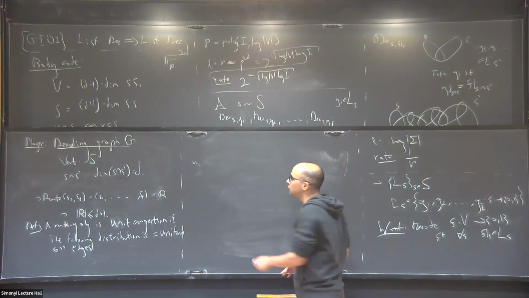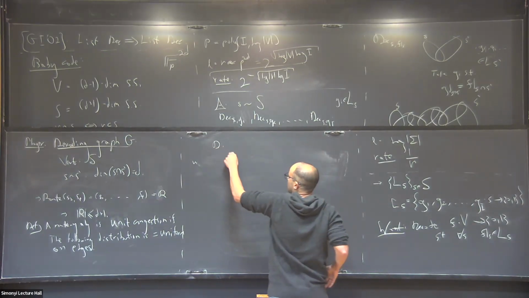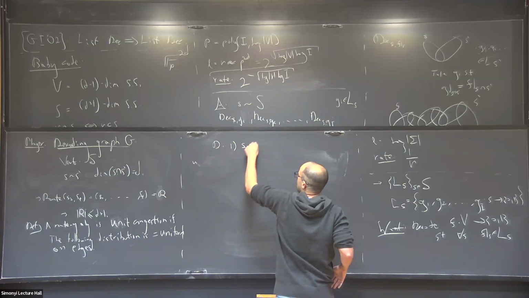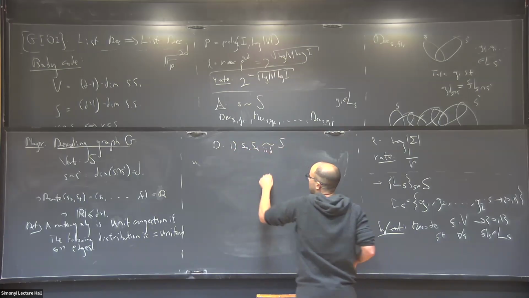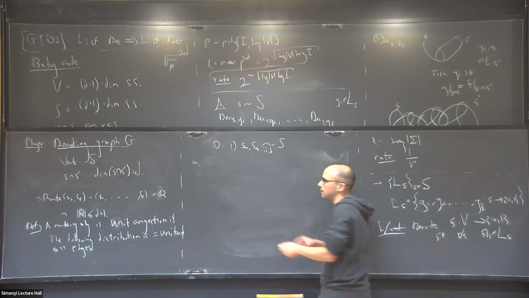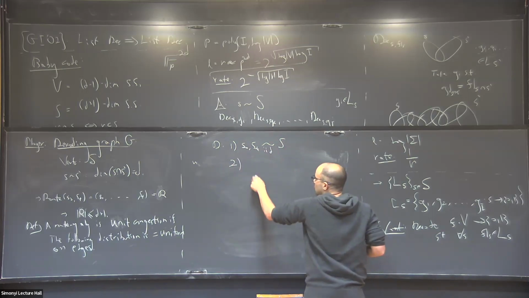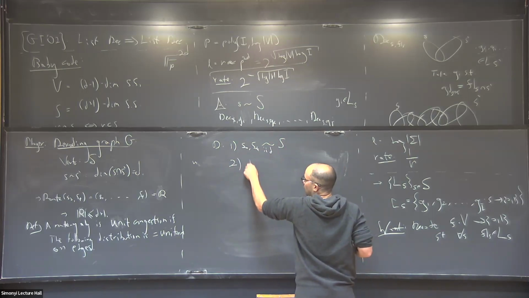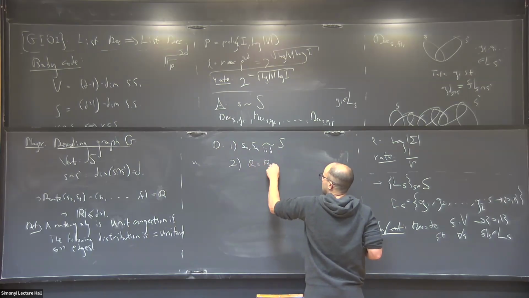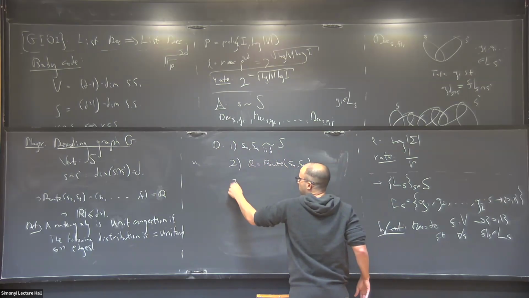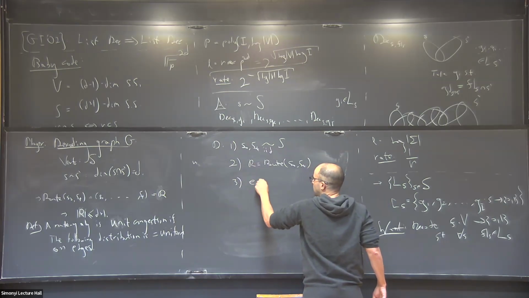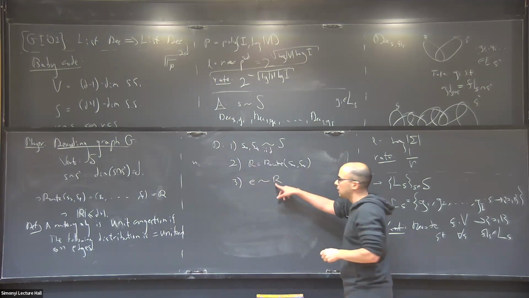And what is the distribution? Let's call it D. First of all, we sample 2 endpoints independently and uniformly at random from my graph. In this case, it's like the decoding graph. 2, I route, let's call it R. I do my algorithm to route. And 3, I randomly sample an edge from the resulting path that I get